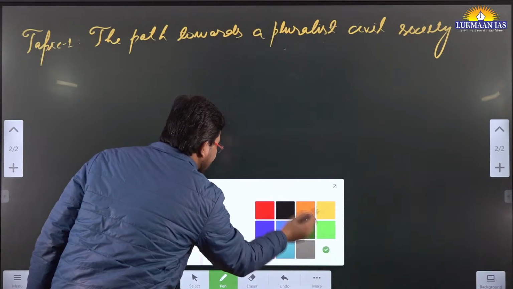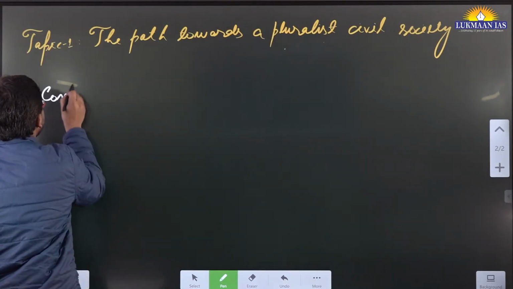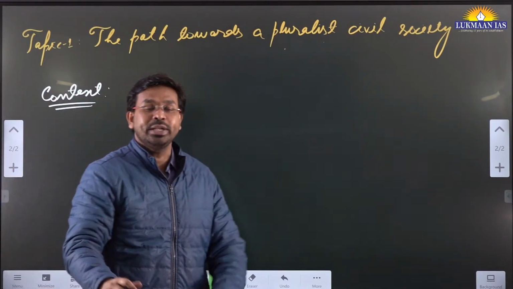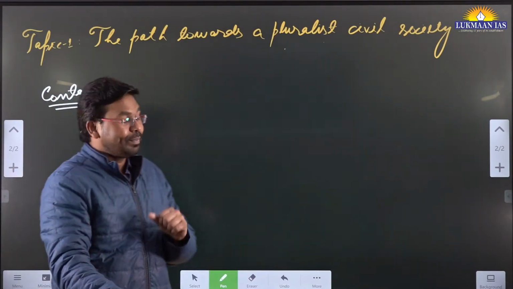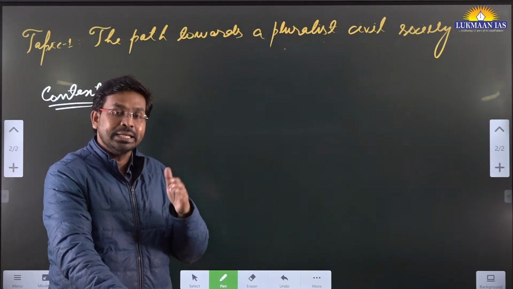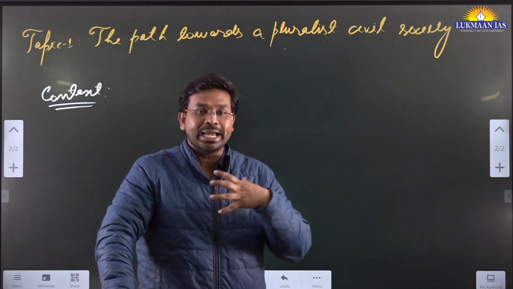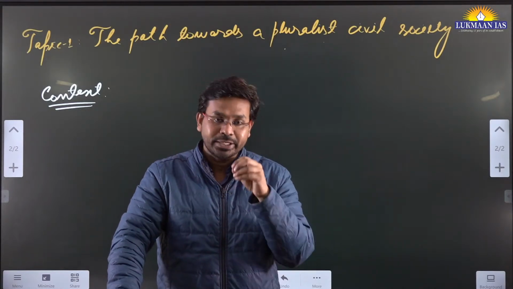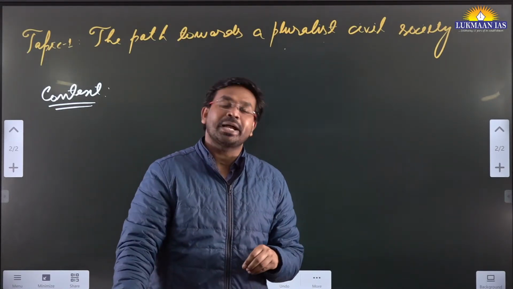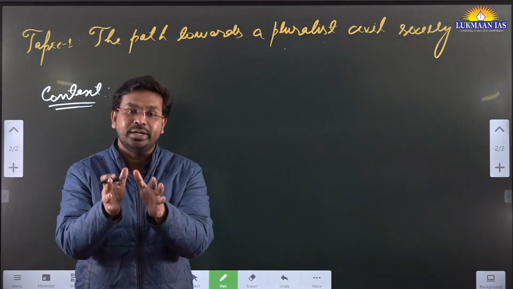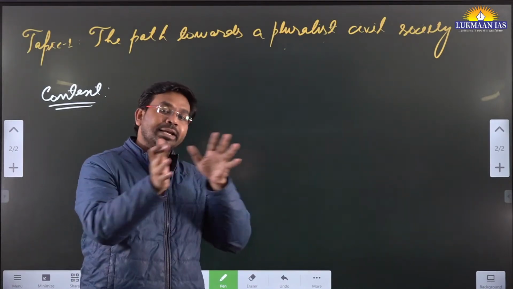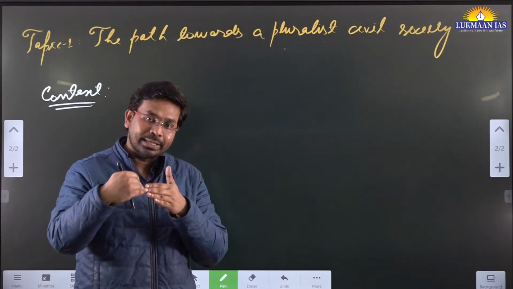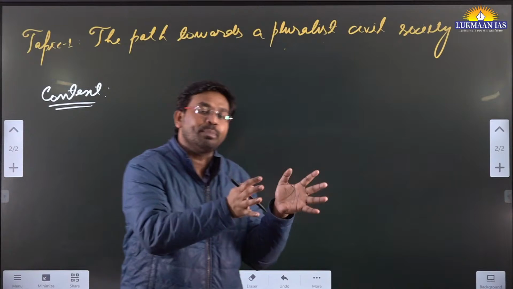Before we start discussing this particular topic, we need to understand the context. Why are we discussing this topic? So basically what happened is that India had a parliament building earlier, but recently a new parliamentary building has been constructed. After constructing it, the parliament has been moved from the previous building to the new parliamentary building, and all the members of parliament were to assemble in the new parliament building.